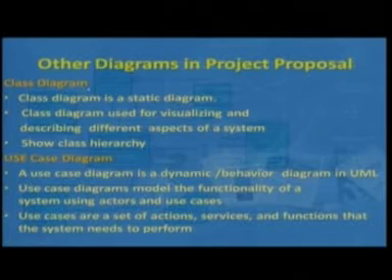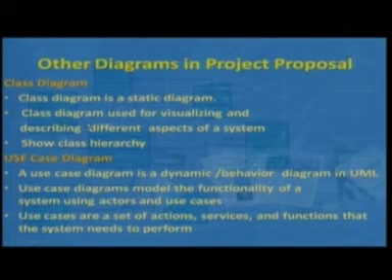Class diagram. Class diagram you have to give for those projects in which you are using the concept of object oriented programming or the object oriented paradigm. So, in that you give class diagrams, and a class diagram will definitely help the person to see how actually classes are interacting with each other, and it provides a static view of the whole system. And similarly, use case diagram you can give.